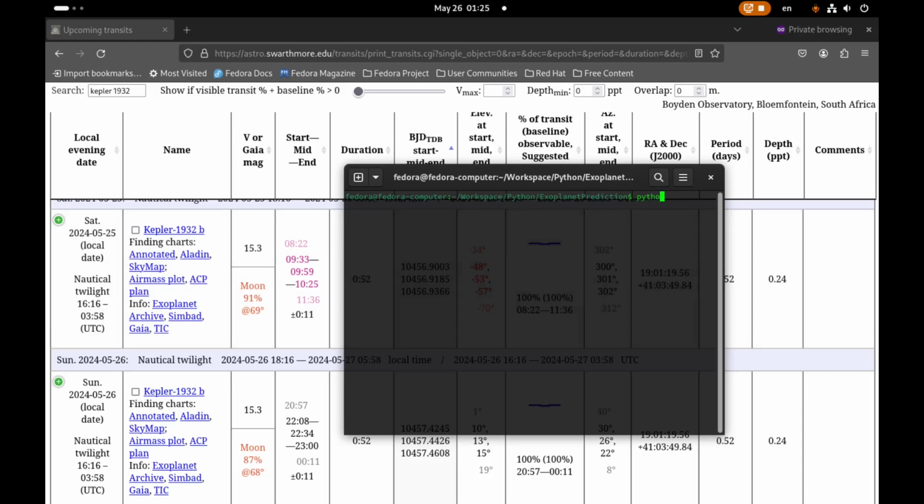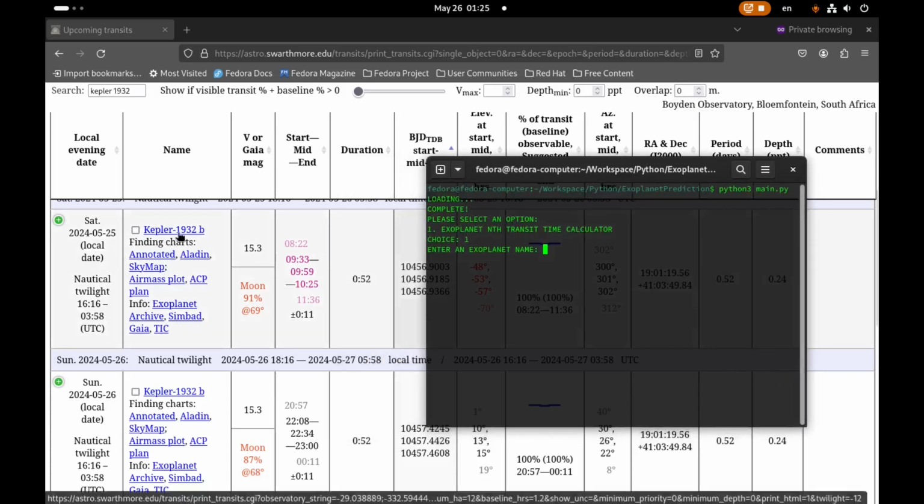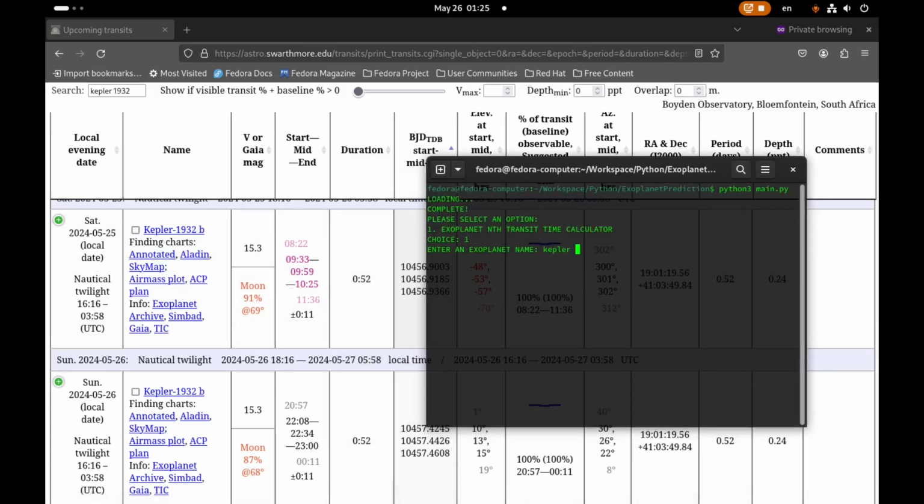So python 3 main.py, and you can see it loaded the database, like it's just a CSV file, and it prompts us to select an option. There's only one option, so that's easy, and I'm gonna use Kepler 1932b. You can write this however you want,